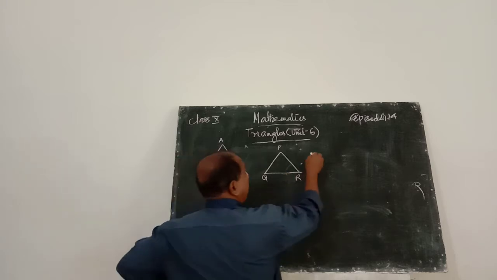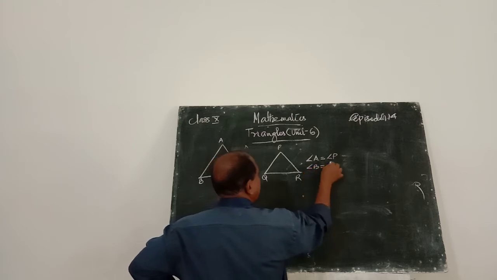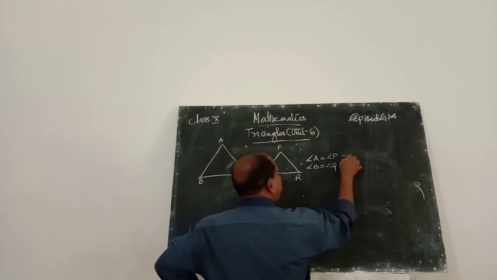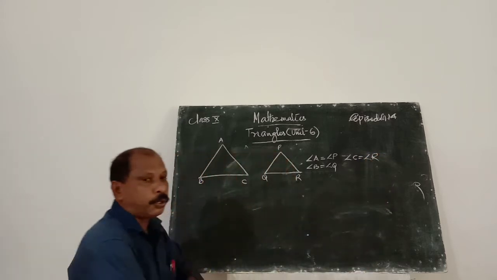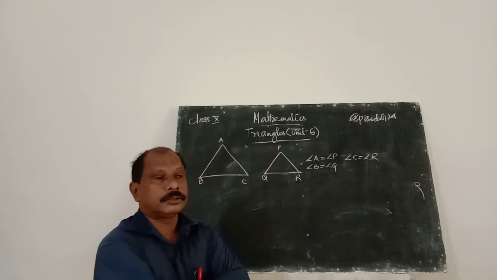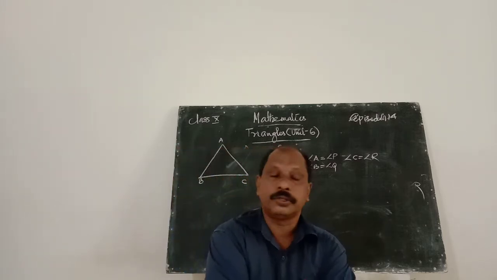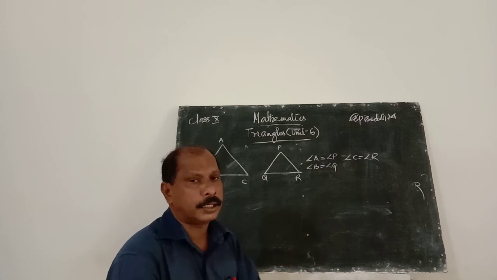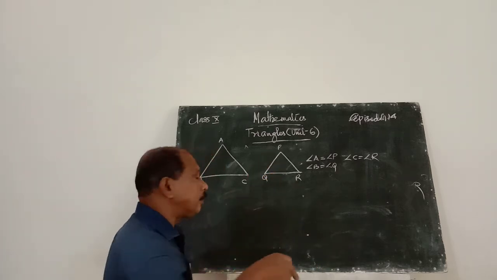From these two triangles, angle A is equal to angle P, angle B is equal to angle Q, therefore angle C is equal to angle R. That means the corresponding three angles of a triangle are equal to the three angles of the other triangle. That means if two angles are equal, the third angle is also equal. Therefore, this property of similarity is known as